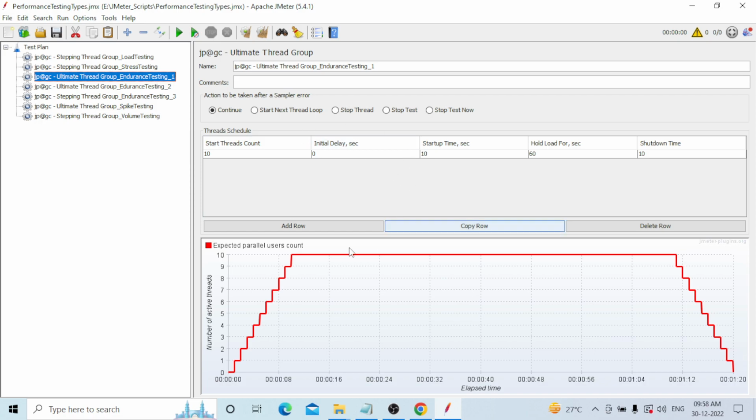Okay, for endurance testing validation purposes. This is for example, so I gave a very minimum load, but in real time you need to design based on how much load you require and how long you require. Okay, this is one of the ways to achieve endurance testing with the ultimate thread group. And another way,